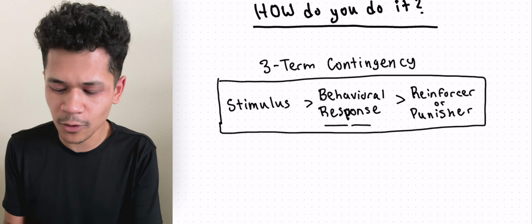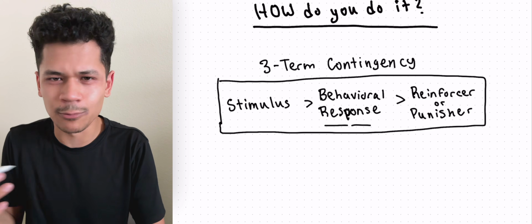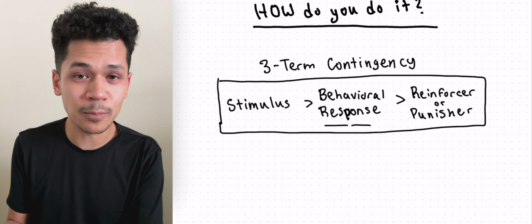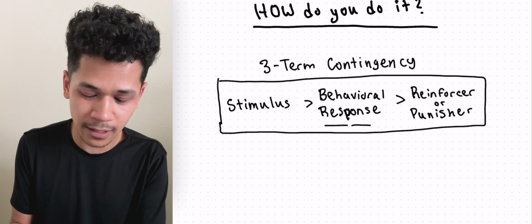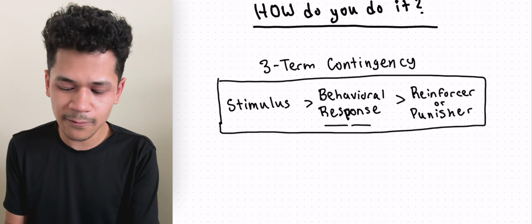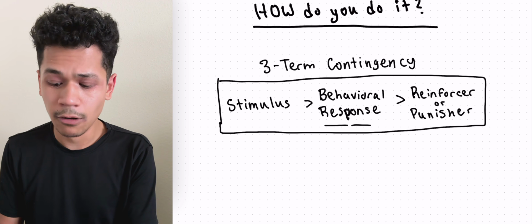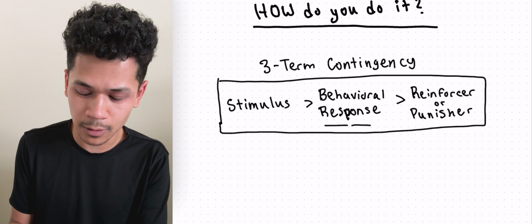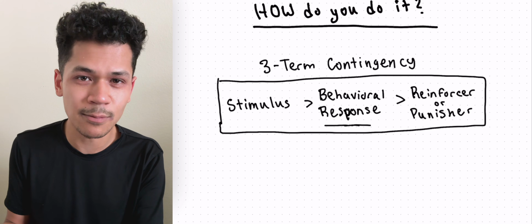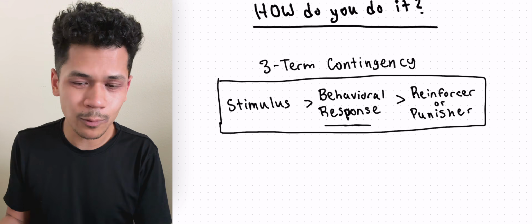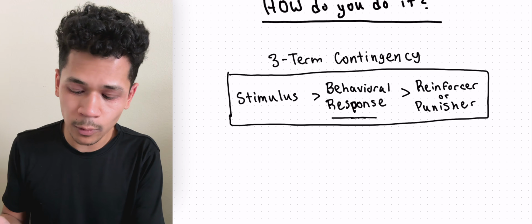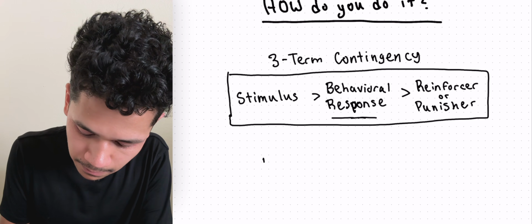So if the behavior was reinforced in some way, then they're going to be more likely to repeat that behavior response in response to the stimulus. If this behavior was punishing, well, then they're going to be less likely to repeat this behavior in response to the stimulus, right? And so what we do essentially is we allow the dog freedom